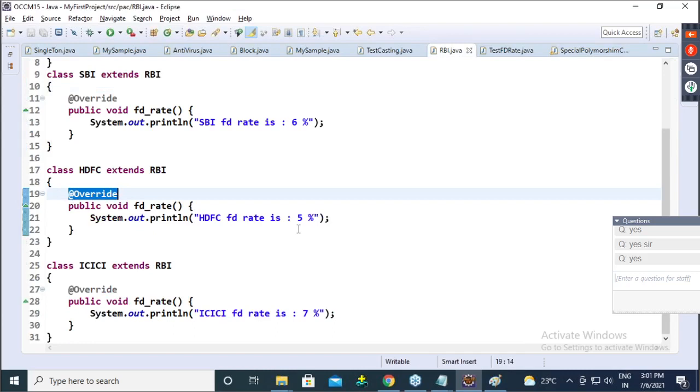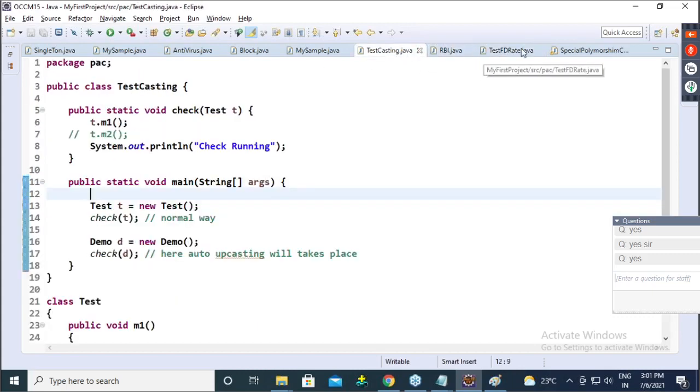The annotation. Guys, I showed you this. If some method is overridden, this annotation will be placed there. If the method is not overridden, this annotation gives a compile time error. So apply this annotation.